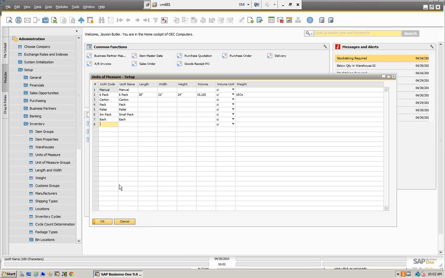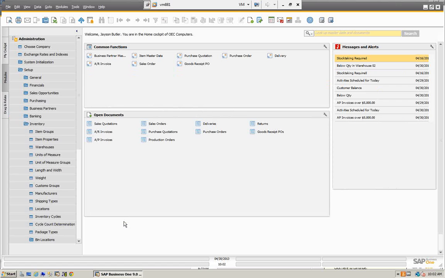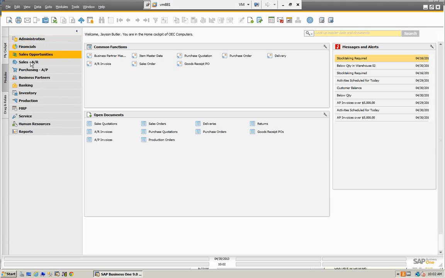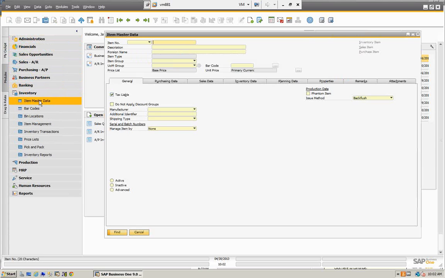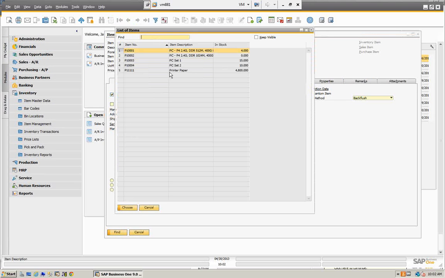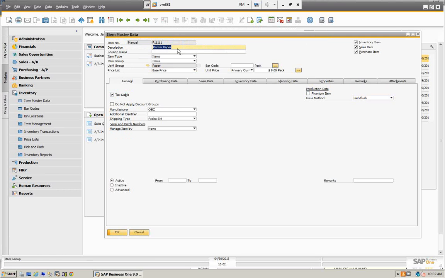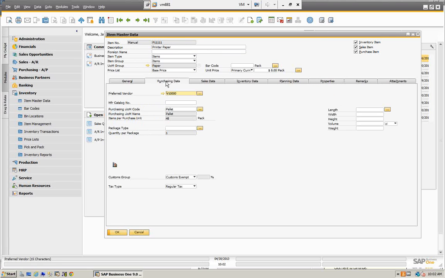Before I continue on, let's do a demonstration on how this works, and then we'll go back and see where we've got that. So let's go into an item. I created an item for the purpose of this demo. We're going to have an item for paper. And we're going to go into this item and show you some of the